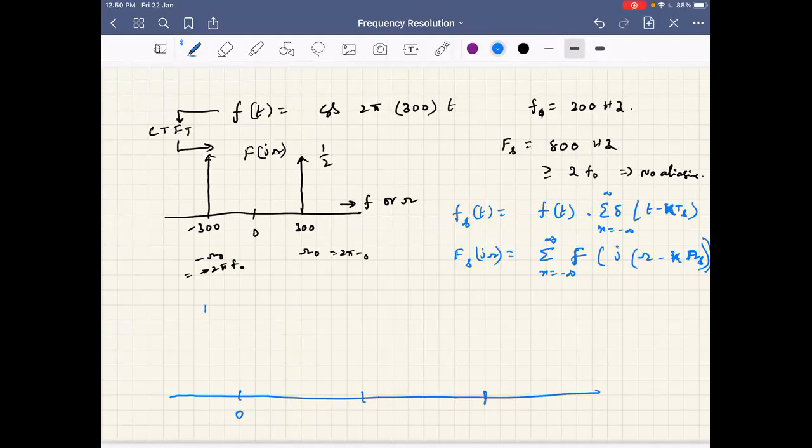What I am writing here is Fs of j omega. Please note that I have still not moved on to the discrete signal, because the information of the sampling period or sampling rate is important to me to bring on the further discussions. Here it is omega s, 2 omega s, and similarly here